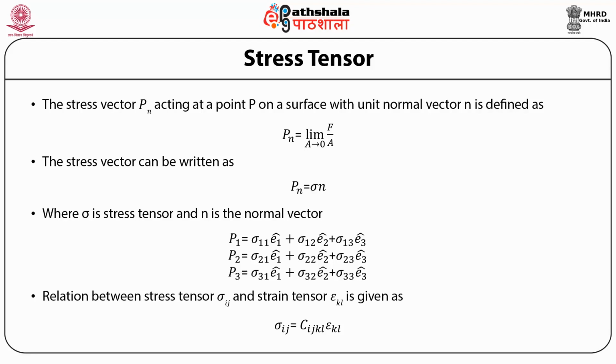So now let us come back to the relation between the stress tensor sigma ij and the strain tensor epsilon kl, which is given as sigma ij equal to Cijkl epsilon kl, where the index i indicates the direction of the component of the force per unit area on a plane whose normal is parallel to the ej direction. Cijkl is the elasticity tensor, which can be simplified by some inherent symmetries that reduce the number of independent components of C. So the component of the elasticity tensor must obey that Cijkl should be equal to